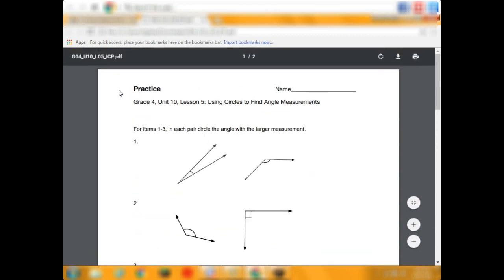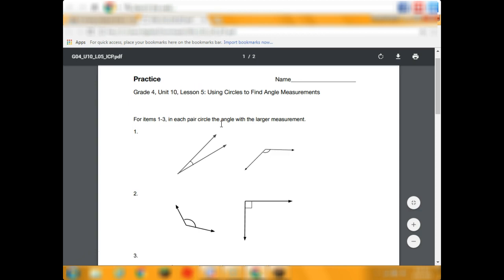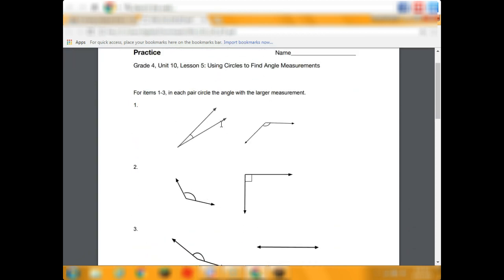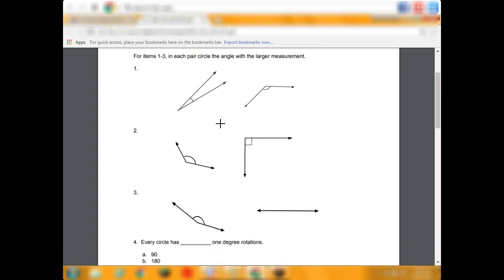So this is practice. So let's use our handy help of Draw and Zoom to make this possible. For items 1 through 3, in each pair, circle the angle with the larger measurement. So you might be thinking that this one is obviously bigger, but no, it's not bigger because